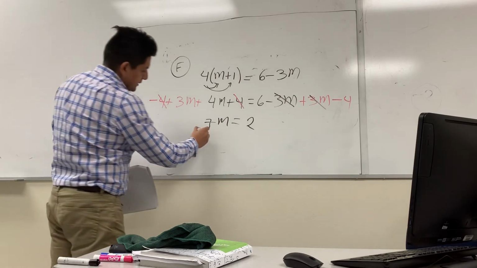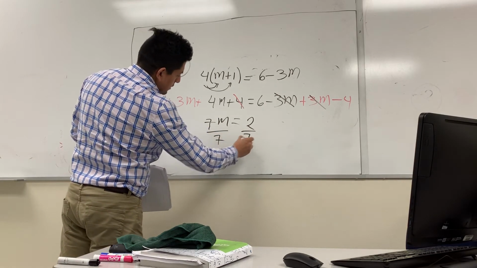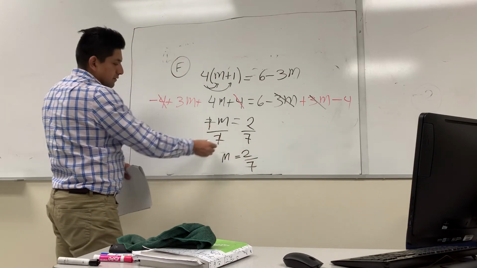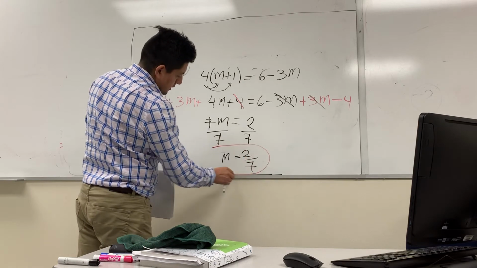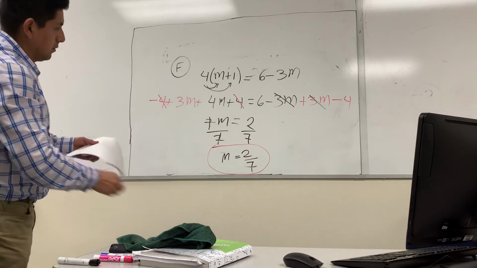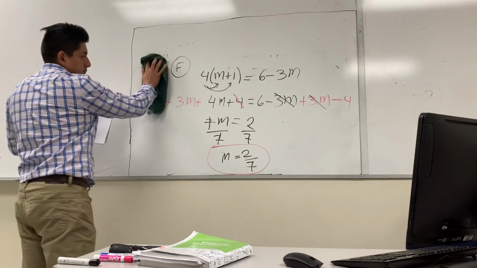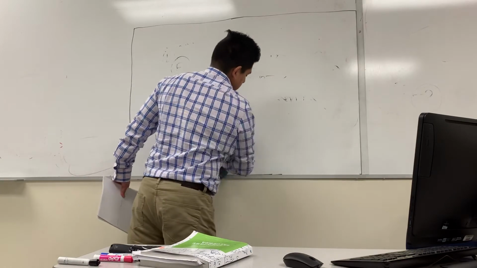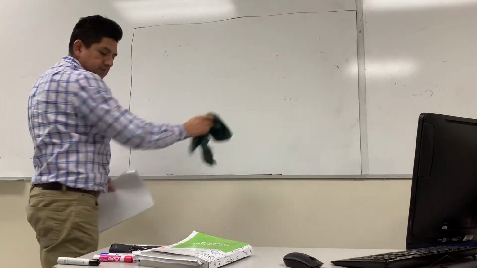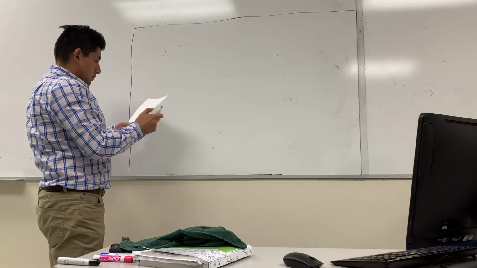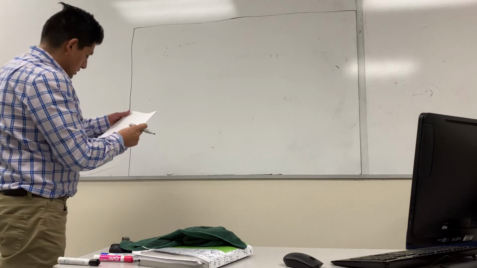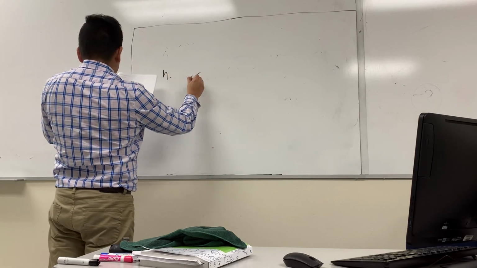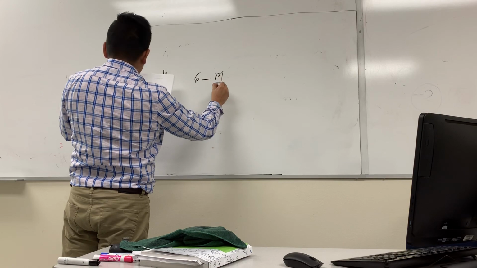And divide both sides by 7, and m is equal to 2 over 7, since the 7's cancel out. So that is my final answer. Okay, so now we are down to h. Let's do h now. 6 minus m over 3 is